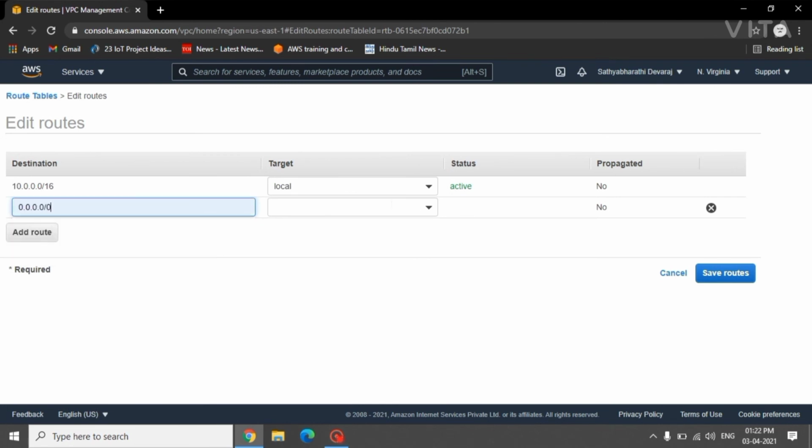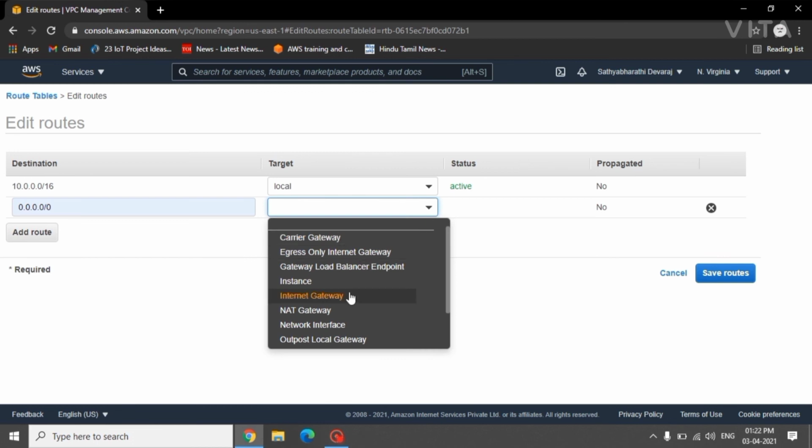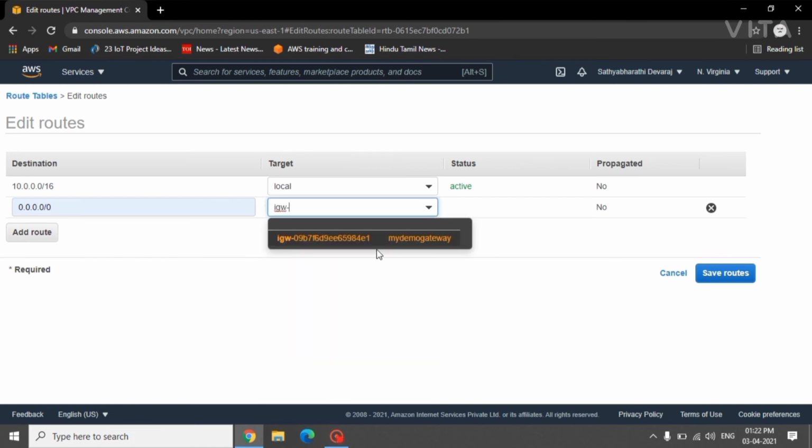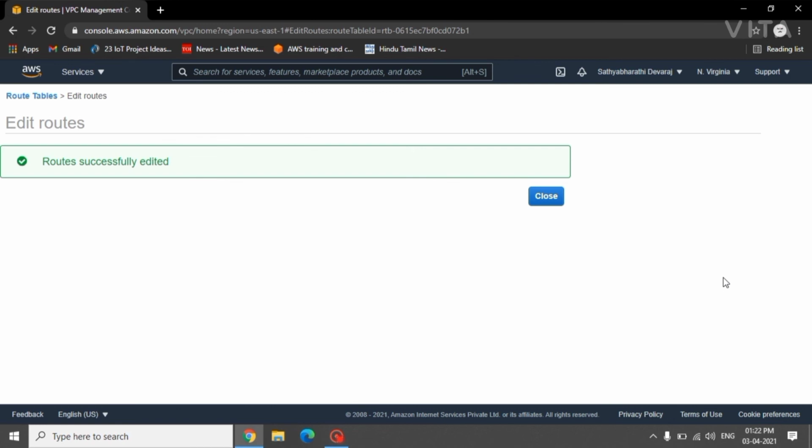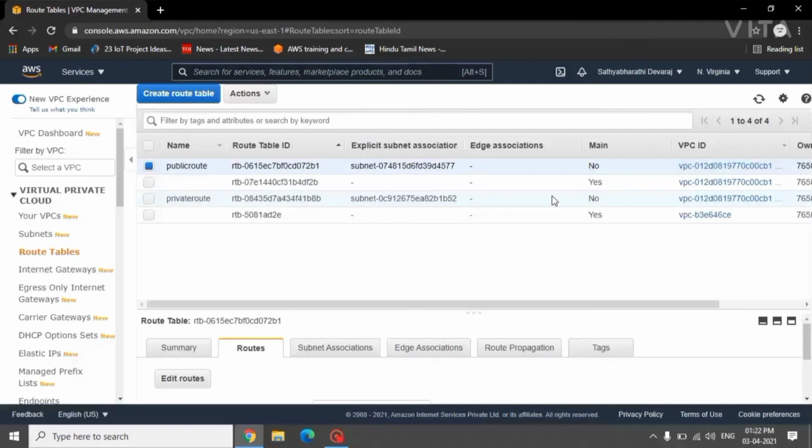Here we need to add a route. Here we need to select internet gateway. Then select the gateway we have created. Then save routes. Now the public subnet can connect with the internet.